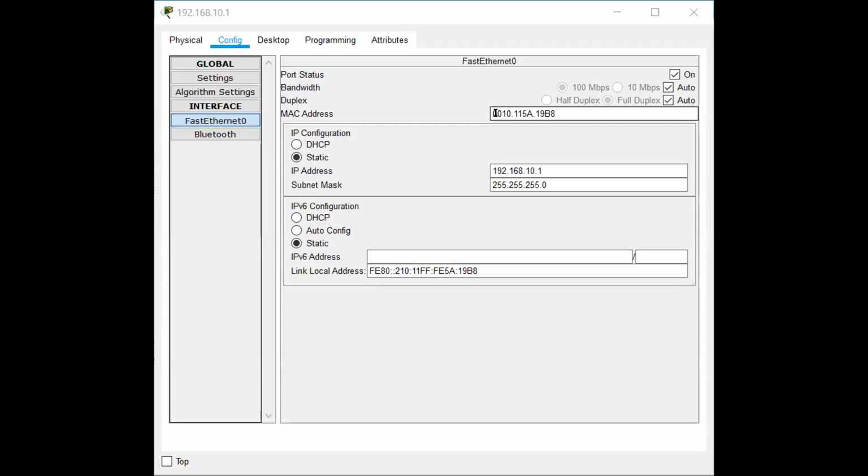So that is the MAC address of 10.1, 192.168.10.1.